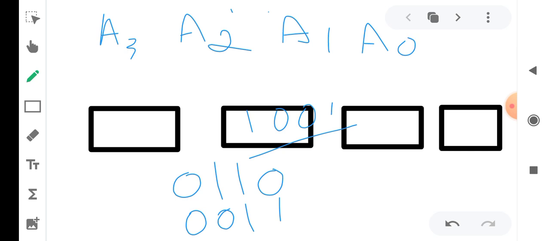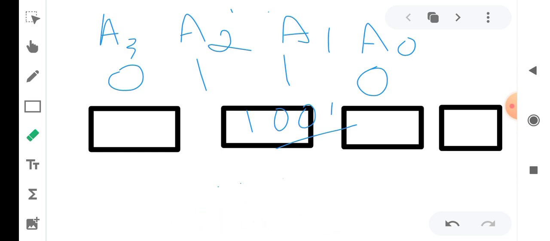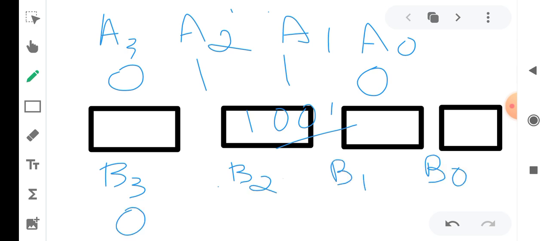What is a3 a2 a1 a0? This is 0 1 1 0, that is a0 is equal to 0. Similarly we can get b3 b2 b1 b0, that is 0 0 1 1. Okay, now